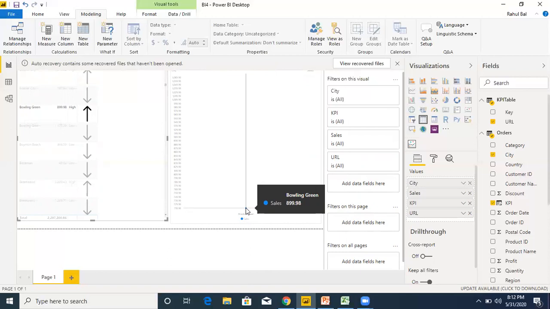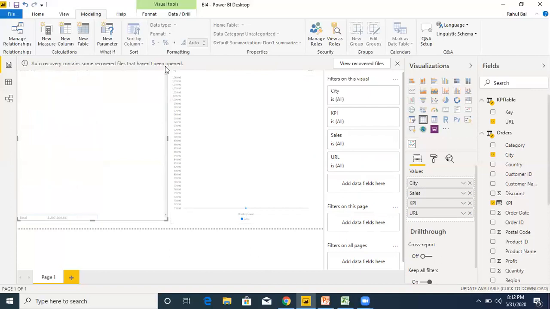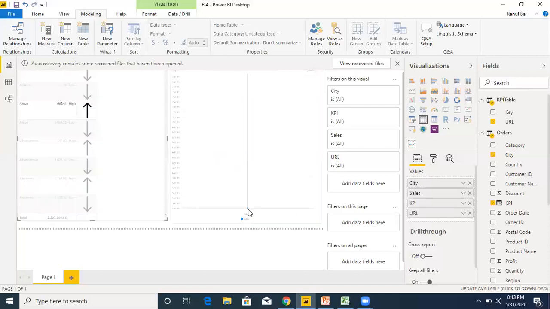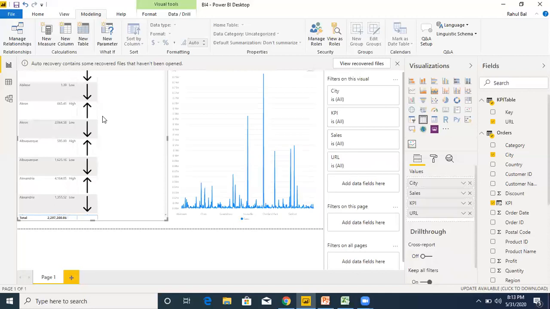That same thing will be reflected here. Similarly, for this city, the sales value is indicated by the corresponding point. So this is how we can create custom visuals and KPI for our project.